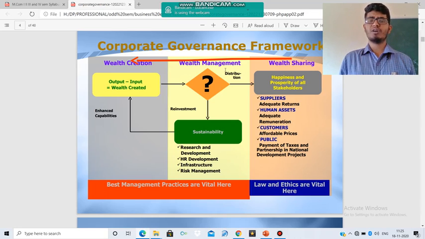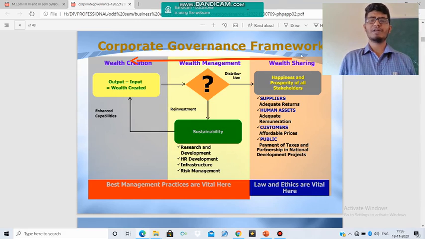You have two options. One, you can reinvest somewhere; another, you can distribute that wealth. If you are reinvesting, that will create sustainability, and you can reinvest in research and development (R&D), human resource development, infrastructure-related aspects and risk management. If you have reinvested your wealth in all these aspects, that will increase the capability of creating wealth,